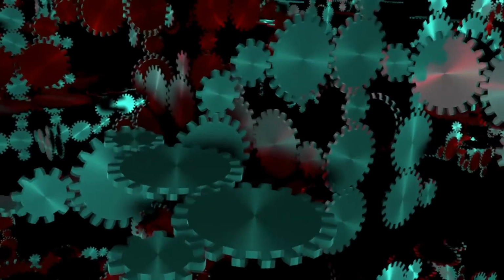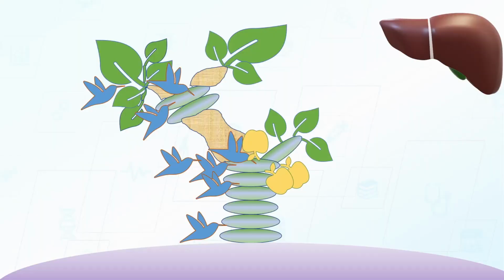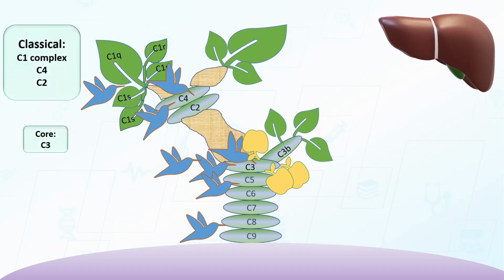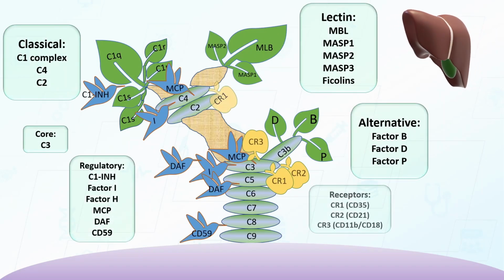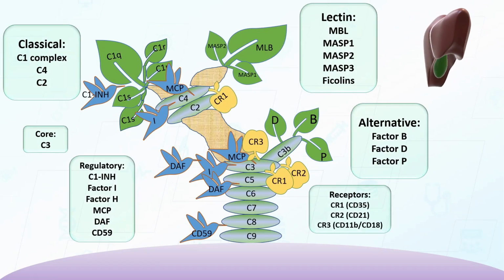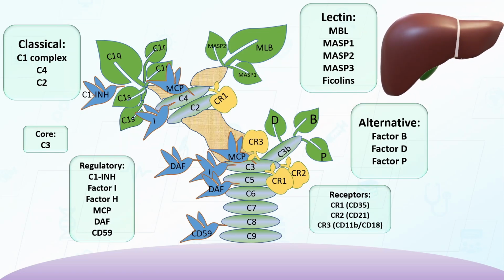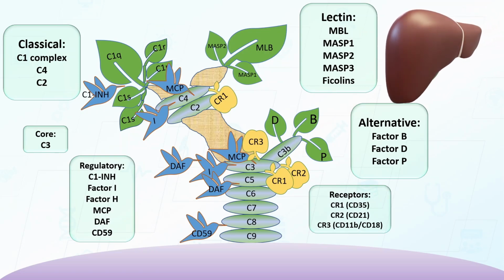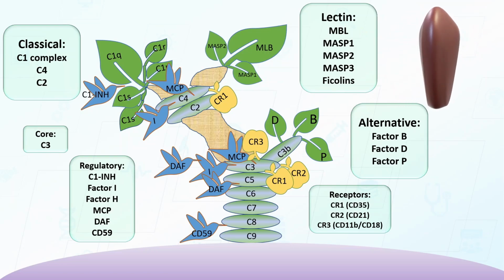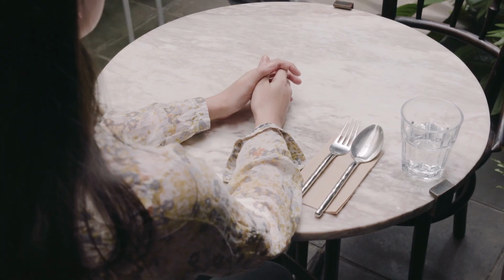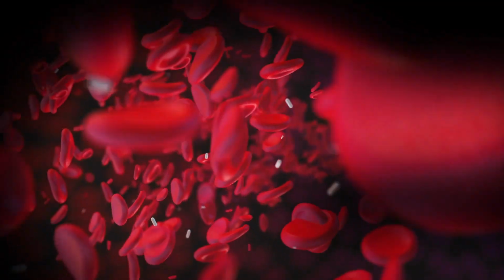The complement system. So let's talk about it. It's a collection of proteins, around 25 proteins, majorly produced by the liver, but they can also be produced by other cells like monocytes, macrophages, epithelial cells, and other cells. They are circulating in the blood in inactive form, waiting for a trigger, or they are enzymes but inactive,